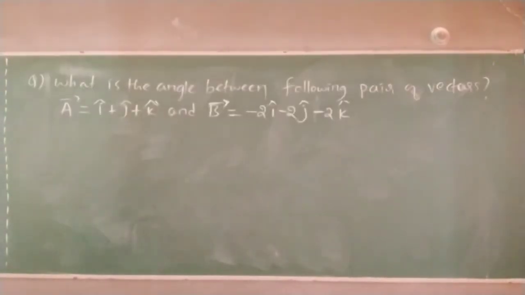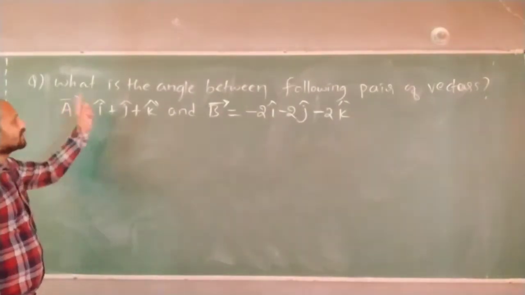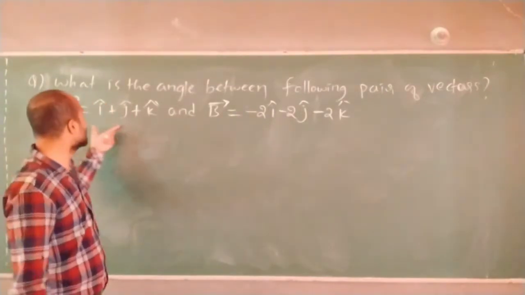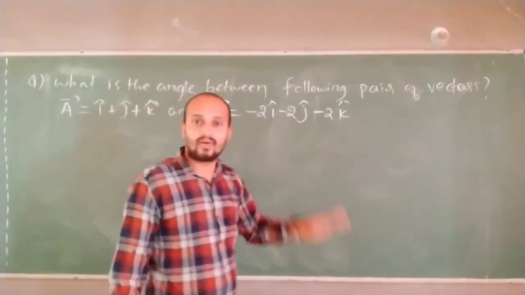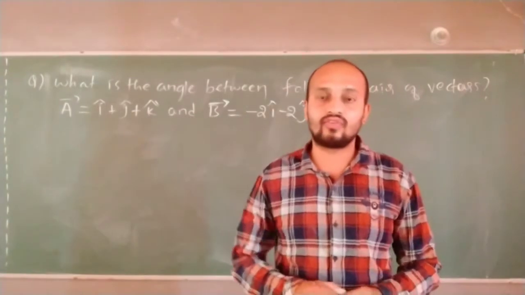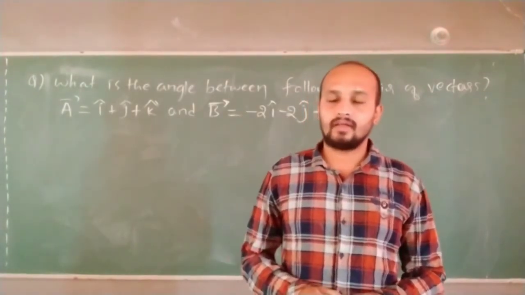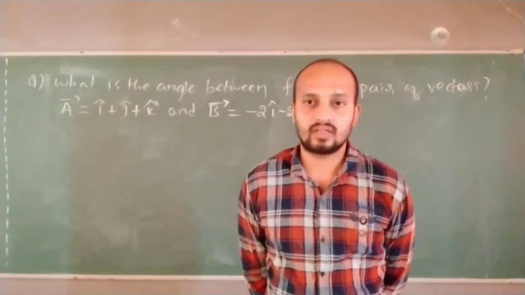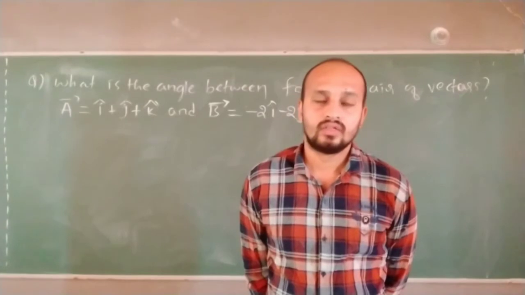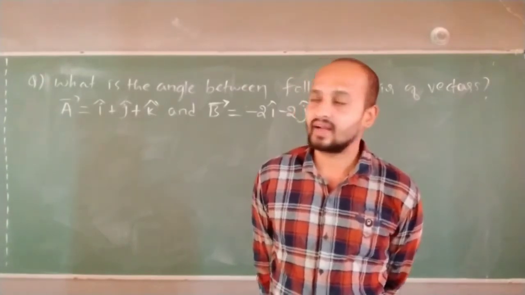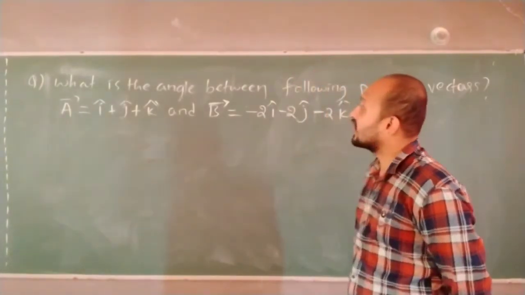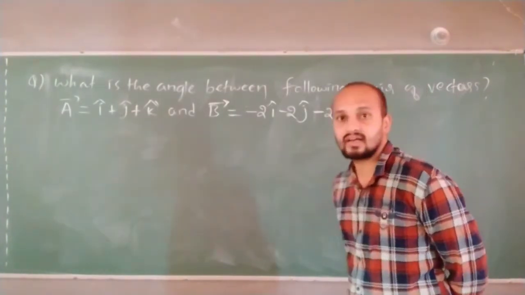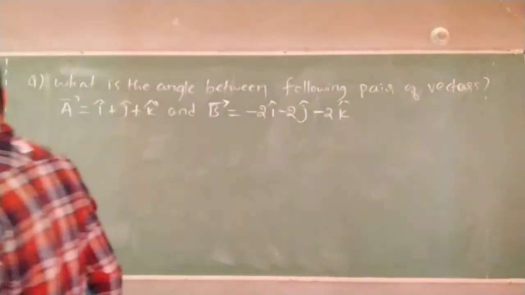See here, another variety of question is there. What is the angle between the following pair of vectors? Two vectors are there. When they are given in terms of i, j, k, how to find the angle between them? Based on the knowledge you have till now, you can find the resultant, then find the angle between them. You will find the magnitude values, and from the magnitude values you will find the resultant. That is another way. The shortest way is you can use the product rule.